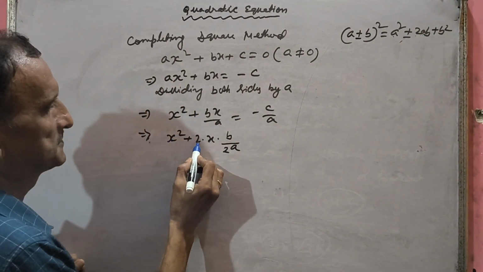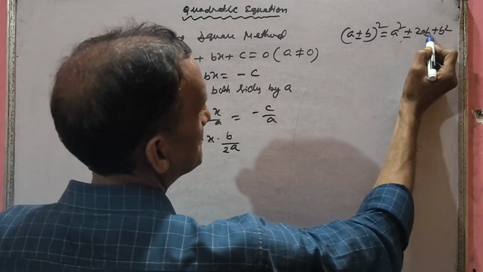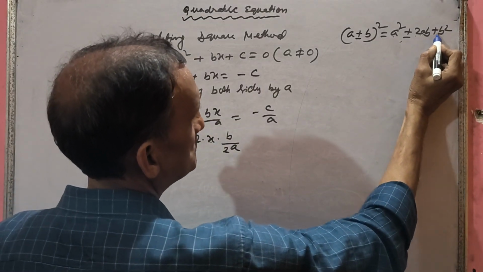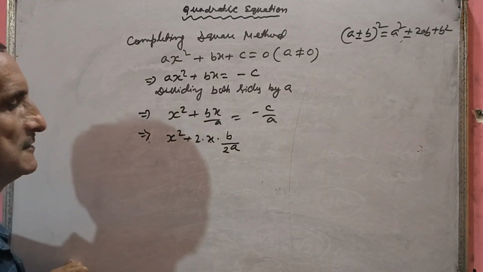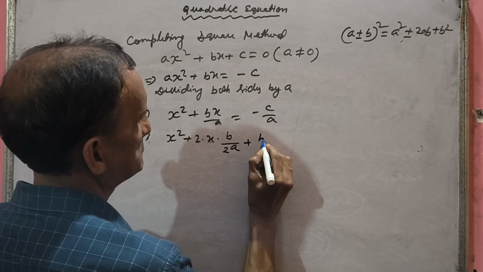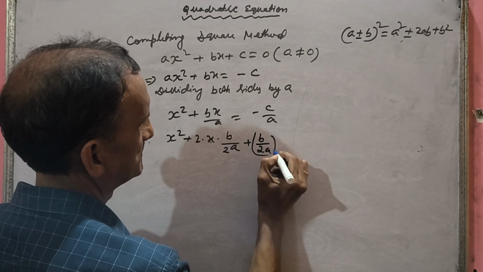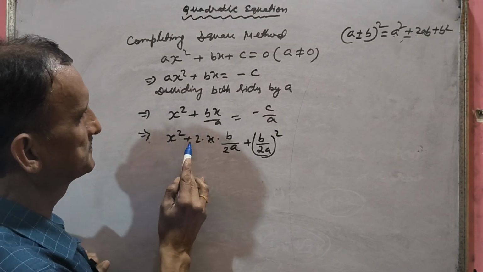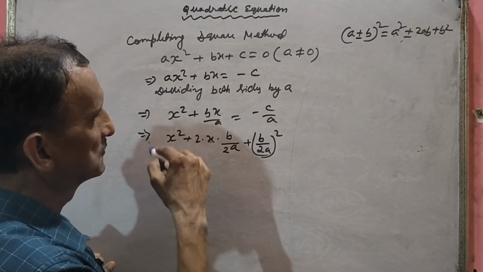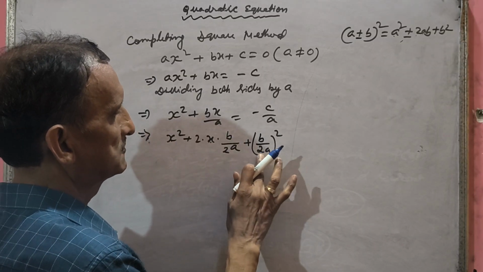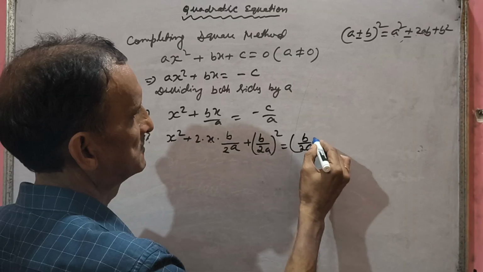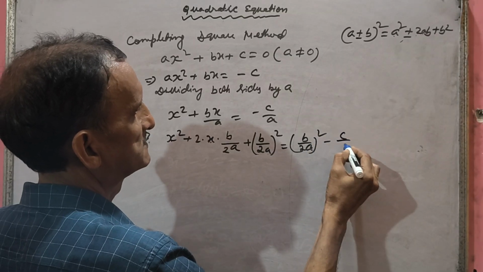So this is x square plus 2 into x, and whatever is there is b, so b is here, b by twice a. If b is here, what must we write here? B square, in order to complete the whole square. That's why this method is called completing square. So here we need to add an extra b by twice a whole square. Understood? A square plus twice ab plus b square, because we are trying to complete the whole square. So this b by twice a whole square is added extra here, so this side also b by twice a whole square you need to add. And minus c by a was already there.